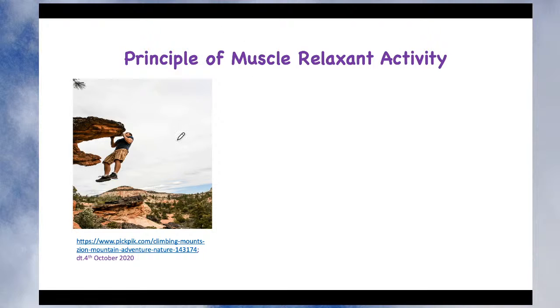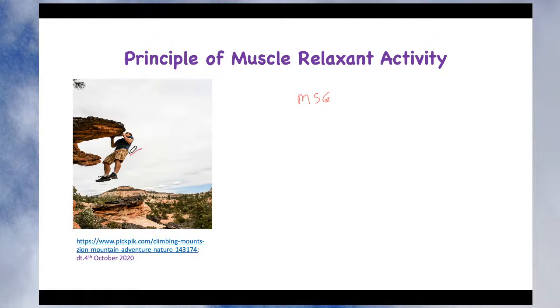The same thing happens when we give a muscle relaxant drug. For example, a person is climbing on the tip of the hill, and he has very good muscle grip strength. I am writing muscle grip strength as MSG. So the muscle grip strength of that person is very good. He will hold on so that he can avoid any accident and does not fall into the well. Now, the person who is climbing on this hill, if you give an injection of sedative and hypnotics,